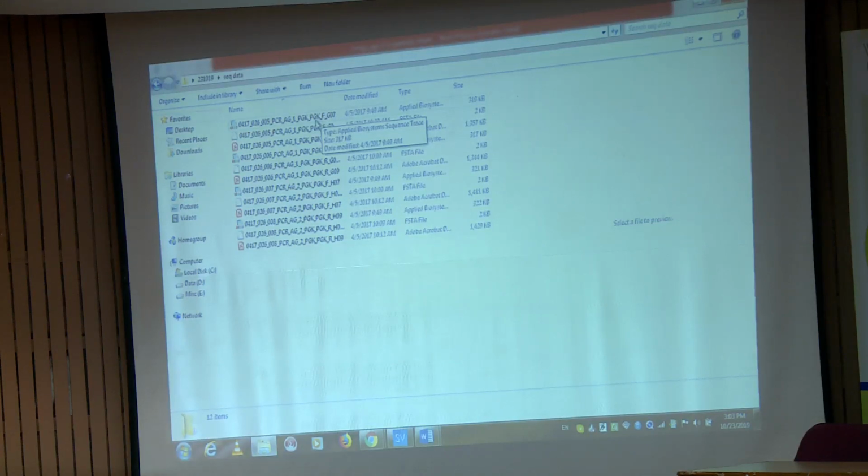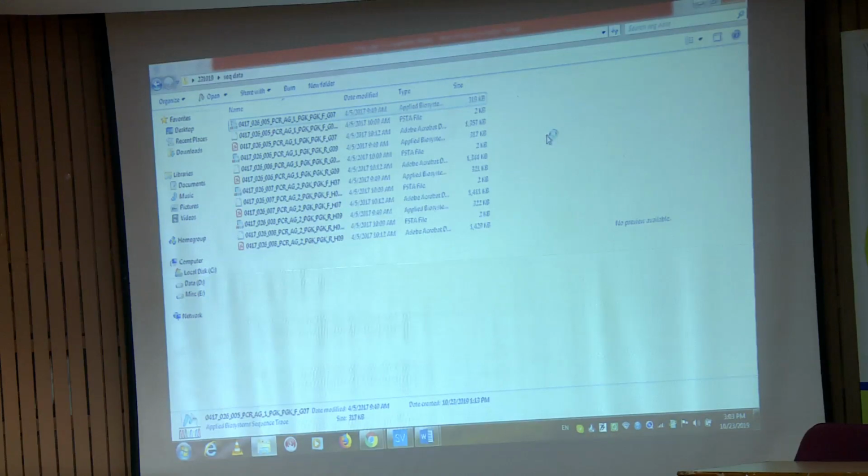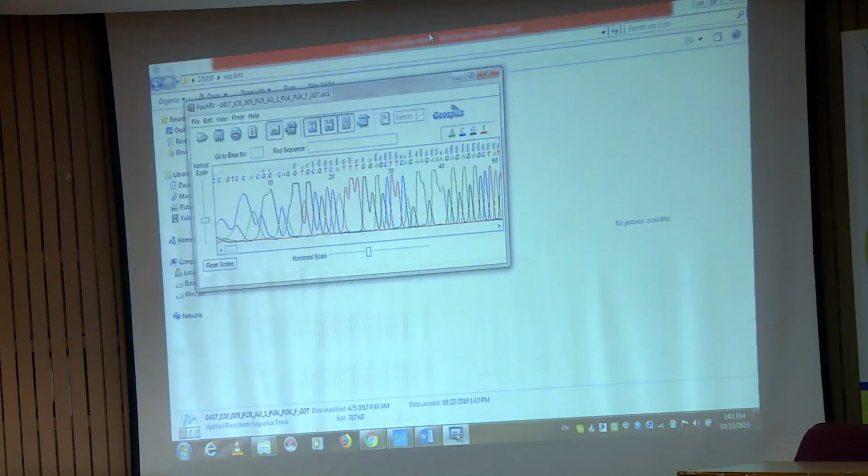So, this will be your chromatogram file. When you click it, you can open it with any of the software that you have already installed on your computers, right. If it is Finch TV, then you can open it with Finch TV. If it is something else, you can open it with that, right. So, this is the AB1 file, the chromatogram file, which I will be showing to you. Then the other is